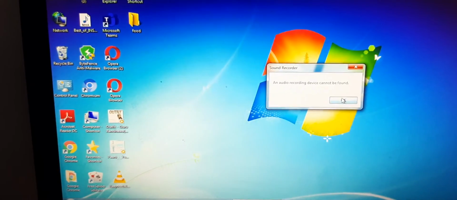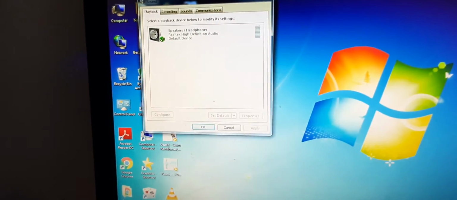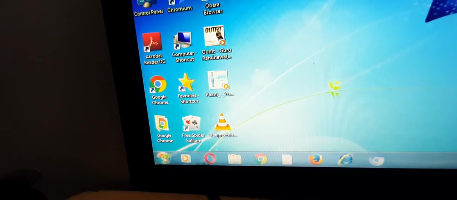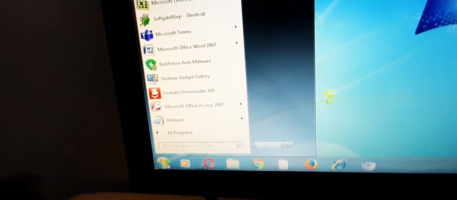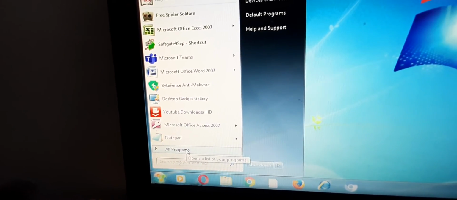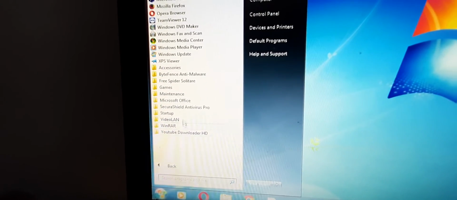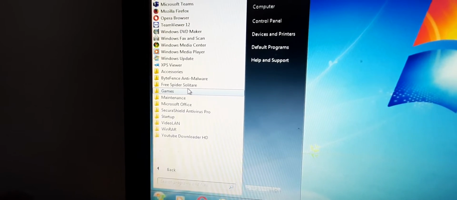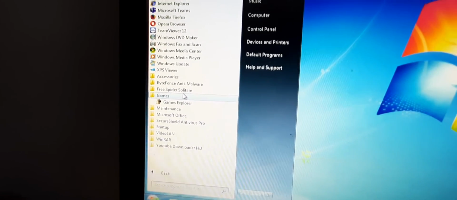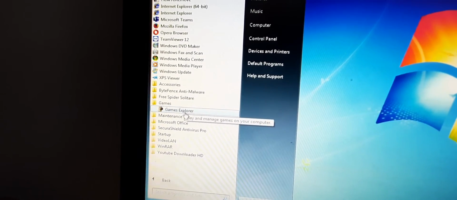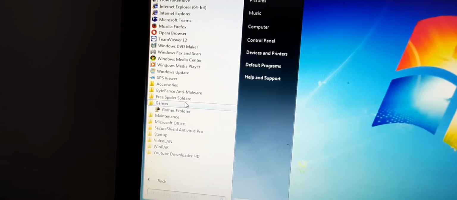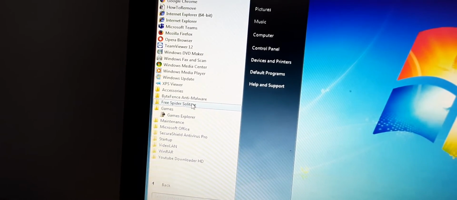Okay children, and now lastly we will go to games. You will go to this, then all programs. Okay, and here the games. In the book you can see many games are there, but here we don't have many games. We have this free spider solitaire.